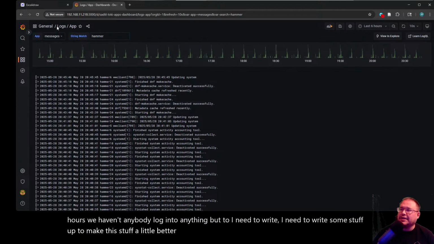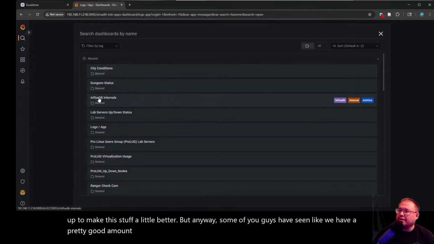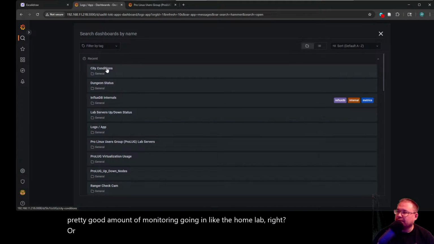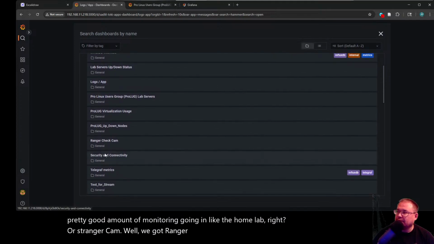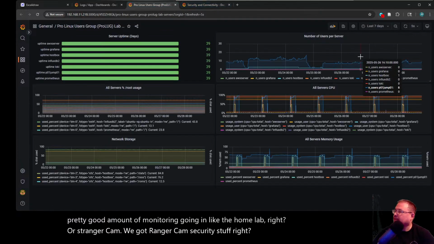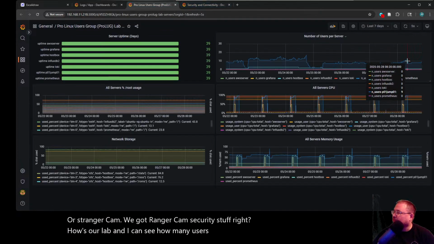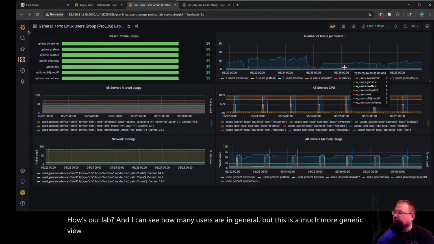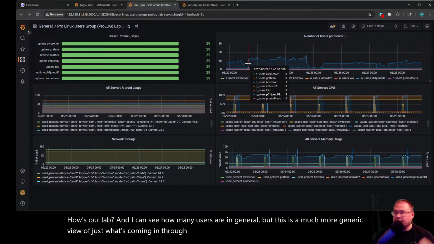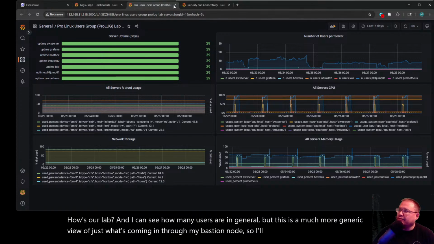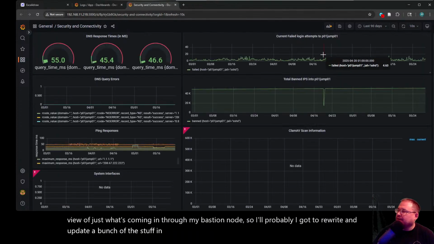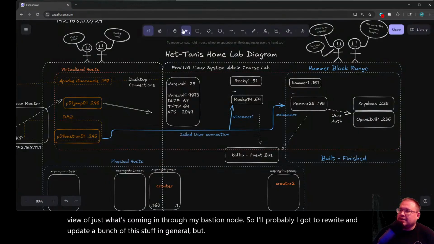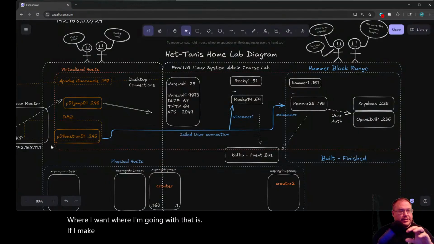But anyway, some of you guys have seen we have a pretty good amount of monitoring going in the home lab, right? Where's Ranger Cam? Well, we got Ranger Cam. Security stuff, right? How's our lab? I can see how many users are in general, but this is a much more generic view of just what's coming in through my Bastion node. I've got to rewrite and update a bunch of this, but where I'm going with that is if I make this more efficient, so if I'm more efficient in how you guys log in